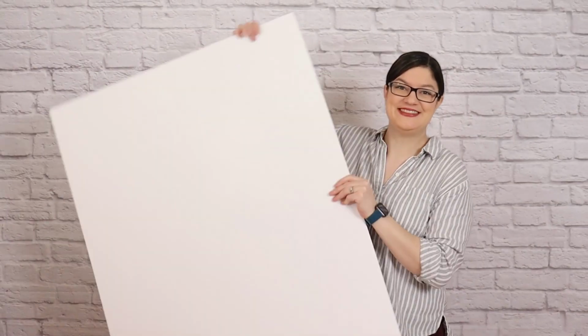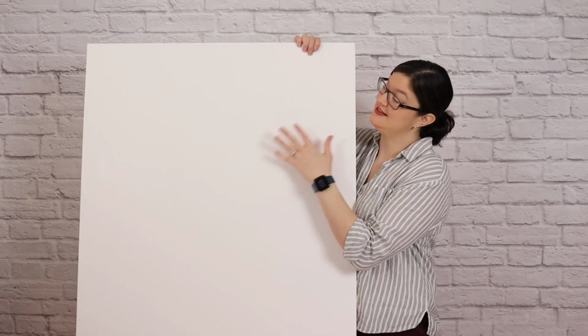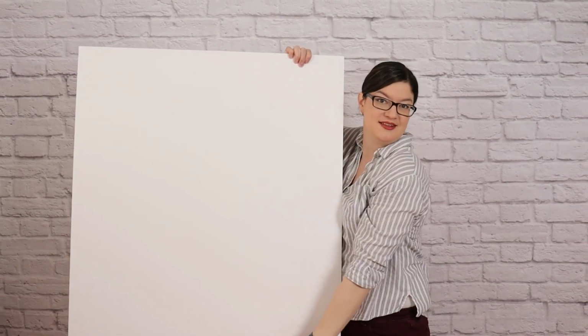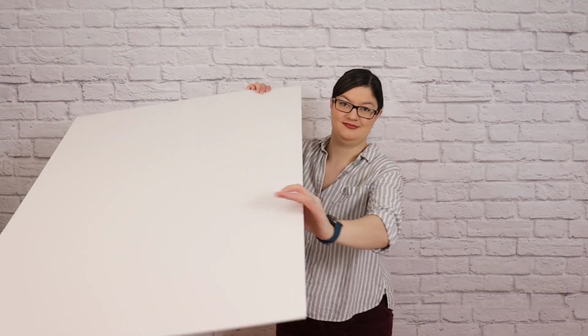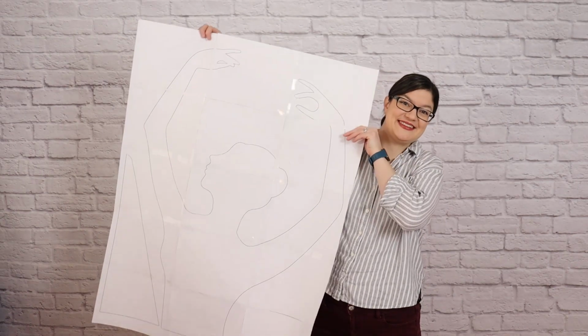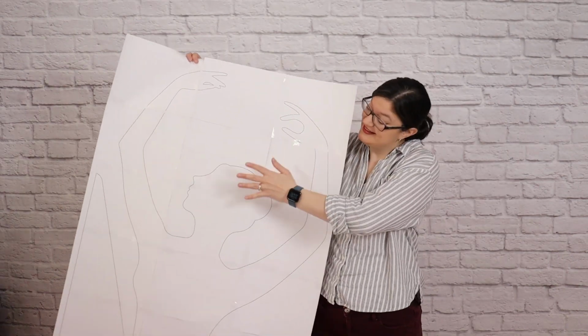The body of the ballerina is made from this 32 by 40 inch piece of foam core, which is the largest size I could buy at my local craft store. If you can't get a hold of one this large, you can always take two pieces and tape them together on the back. Next, you'll need an enlarged silhouette of a ballerina or princess that we can put on top